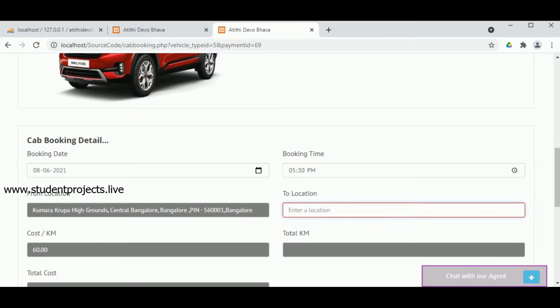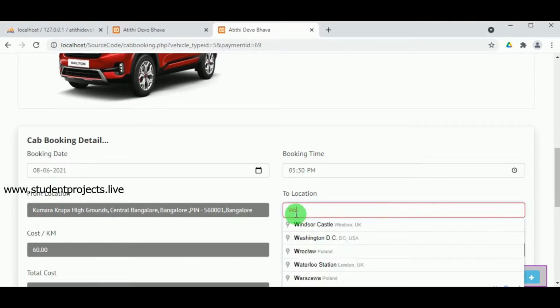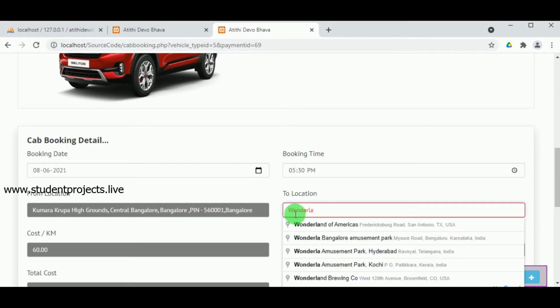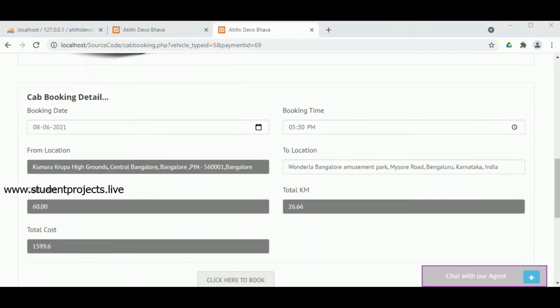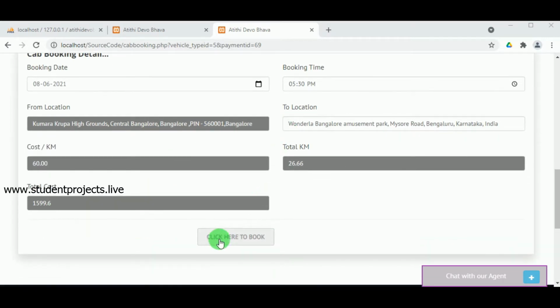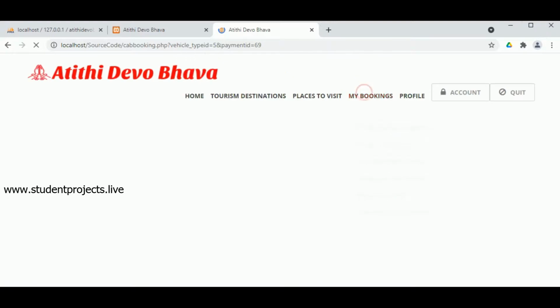That is, they want to travel from the hotel to which location and what is the cost for that particular location. So we can see per kilometer it's 60 rupees, and they're selecting the place, that is Wonderla, and it is 26.66 kilometers from the hotel, and the total cost is 1599.